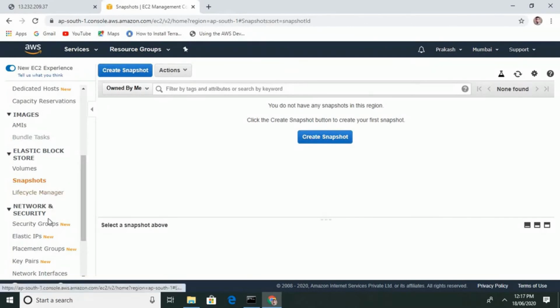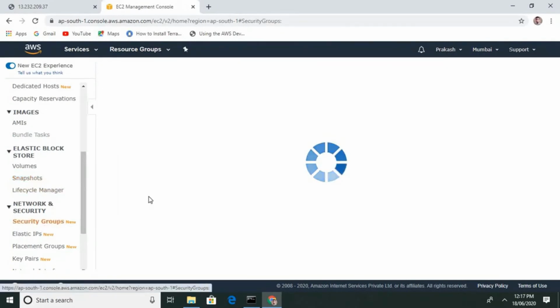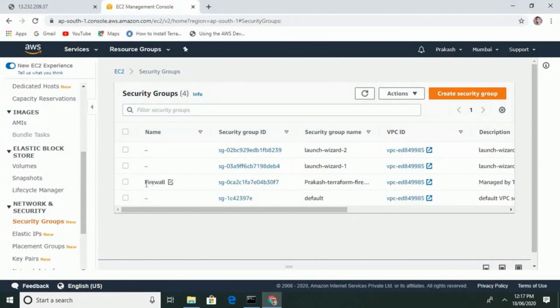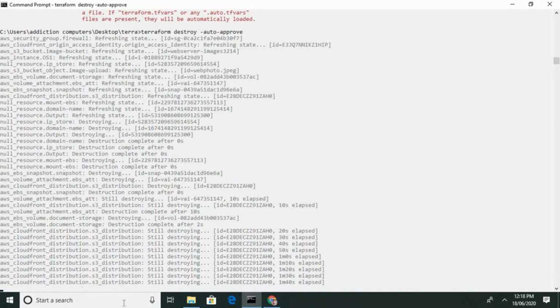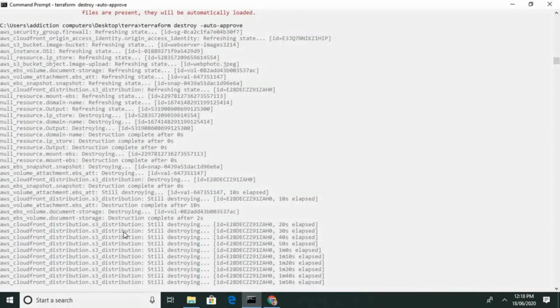Snapshot is destroyed. Let's check the security group. Okay, it is there, so it's going to destroy that too. It's destroying CloudFront first. It's taking time because there are a total of 250 plus edge locations we have created. So it's going to destroy everything in one single go.